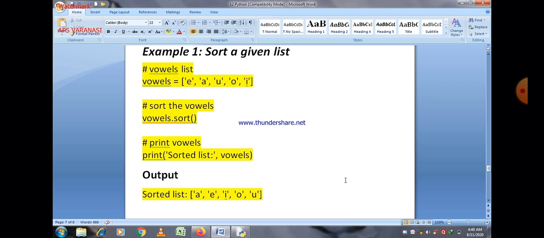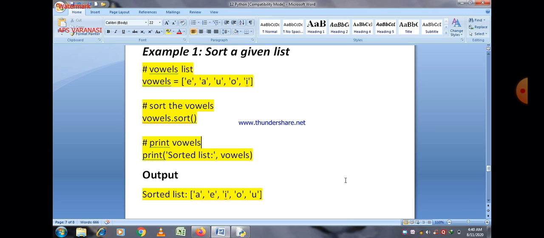After that we want to print this list vowels, and you can find that the elements are sorted. You can easily see that the output is A, E, I, O, U, and before sorting the elements were E, A, U, O, I. So elements are sorted by default in ascending order. We don't mention whether it is ascending or descending.